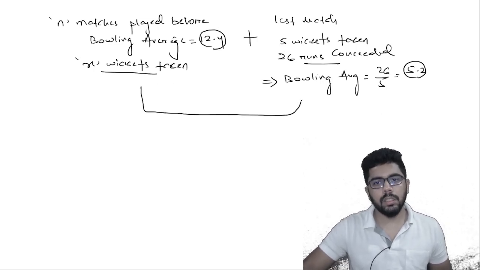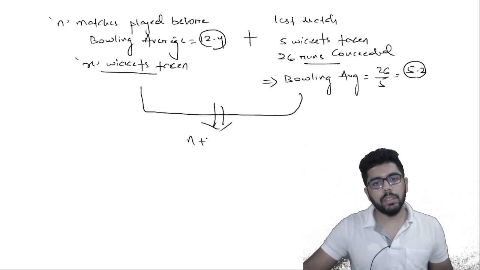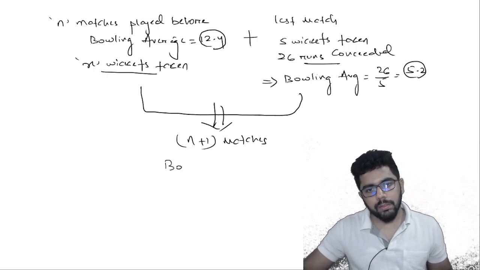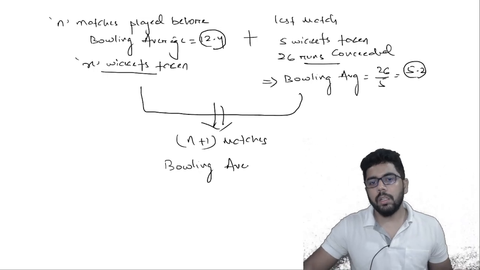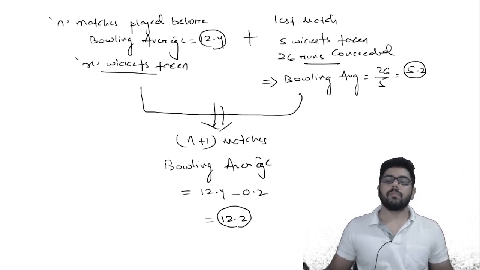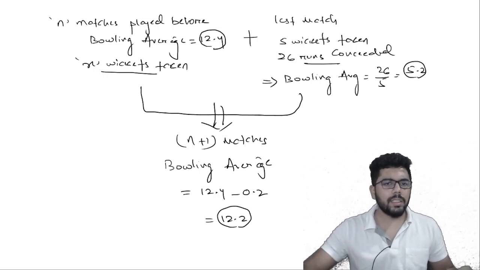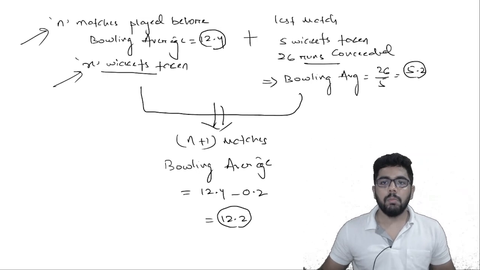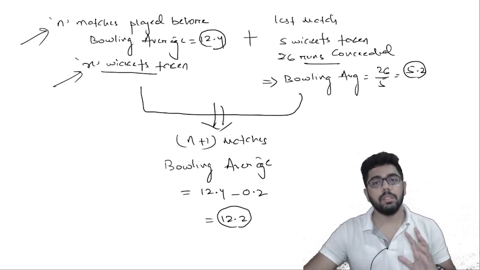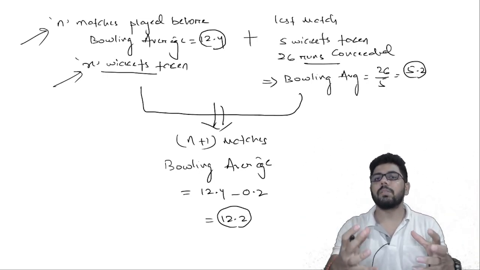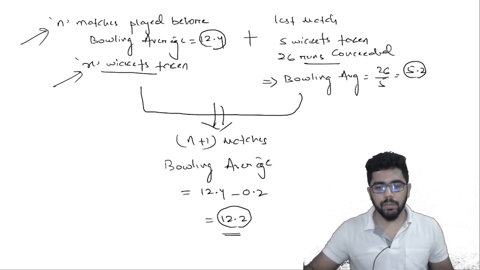As a result, in total n plus 1 matches now, the overall bowling average improved by 0.2 points. So 12.4 minus 0.2, the bowling average has become 12.2. This is what has happened. Some matches were played before, and let us say in those matches x wickets were taken. We don't know how many wickets and how many matches were played. So these two things are not known. But in the last match, 5 wickets were taken, conceding 26 runs. So the bowling average is 5.2. So when I take the overall scenario, 12.4 and then 5.2, I'll get somewhere in the middle. So I got 12.2. So if I put it into alligation,